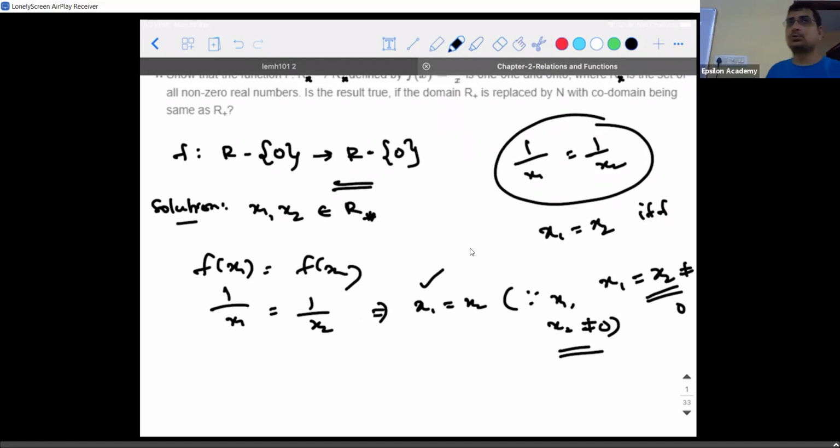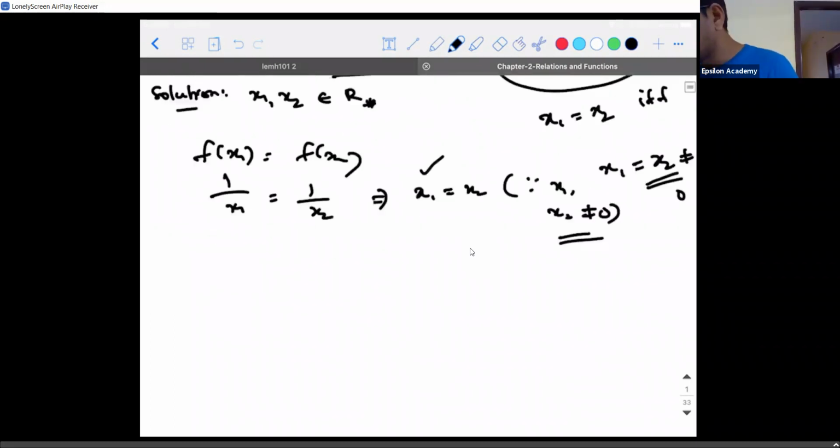Mathematically, I told you what we are supposed to do. You need to prove f of x is equal to y. Theoretically, codomain is equal to range. Mathematically, you need to prove f of x is equal to y. How to do this? Observe. So these are all the steps you need to follow.